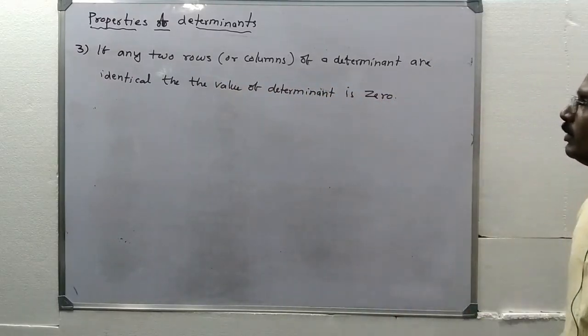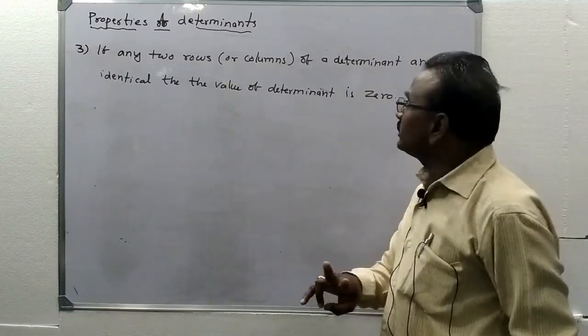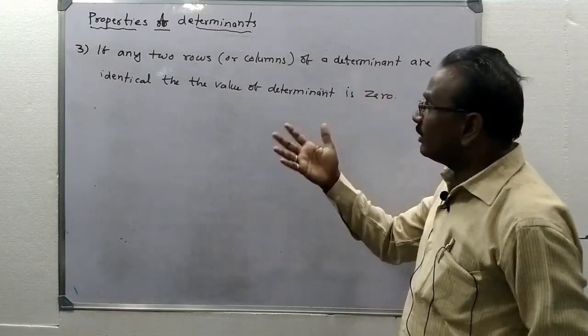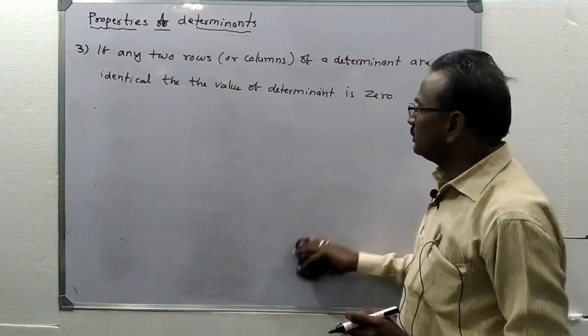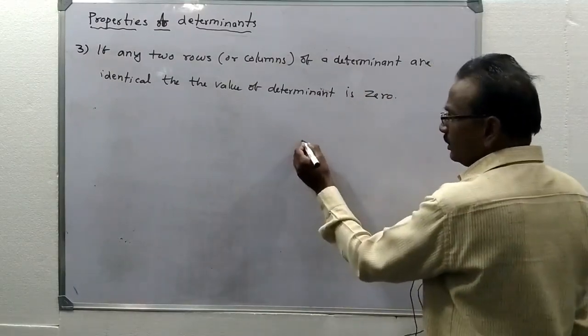So if any two rows or two columns of a determinant are identical, then the value of determinant is 0. For example, here delta is